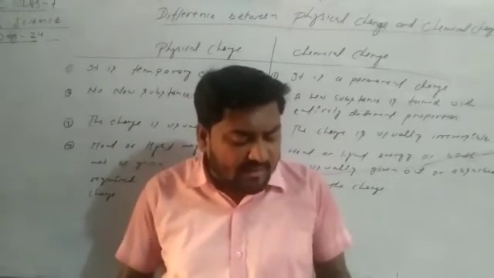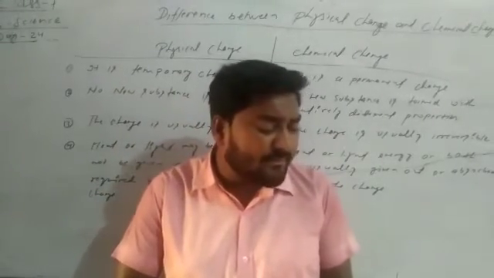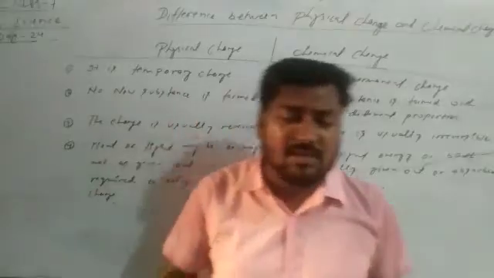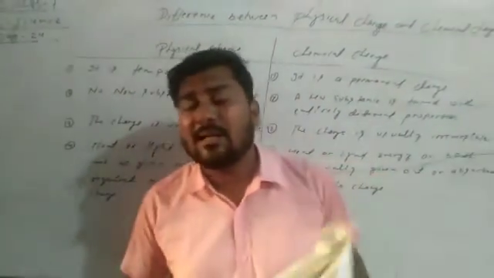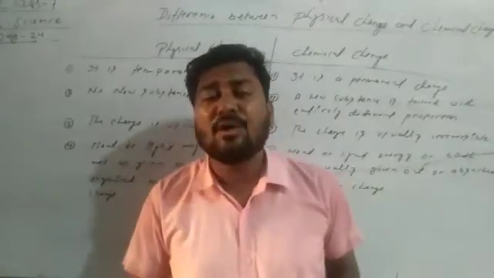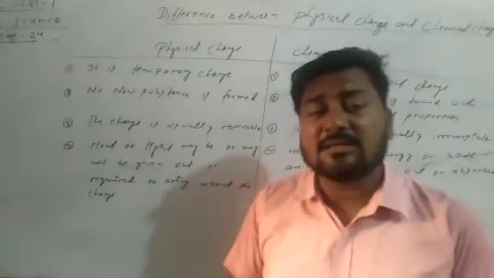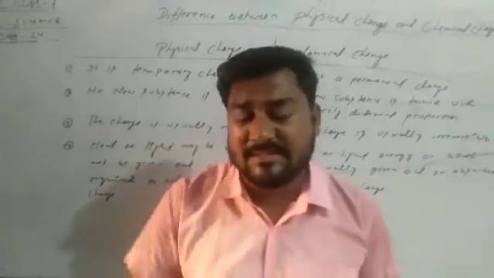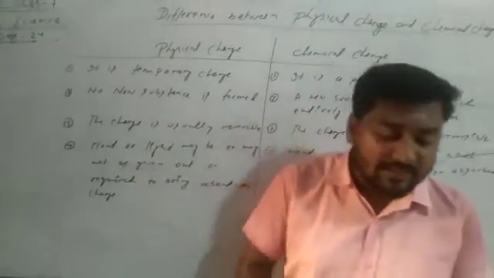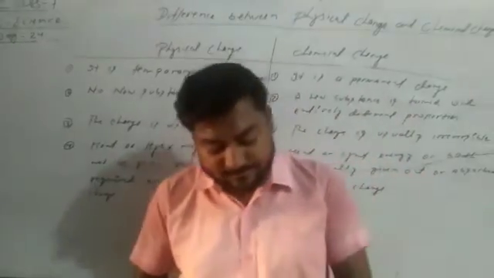So here are 18 points in the lesson summary. Summary means what we have discussed in the lesson is given in the summary. You have to learn that, because I think you have understood the whole chapter and you can revise it once. If you revise it, then you will never forget it.